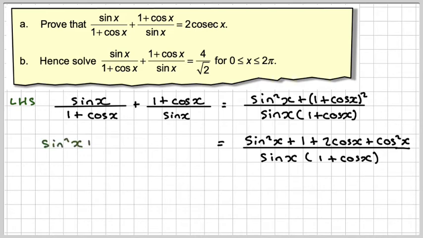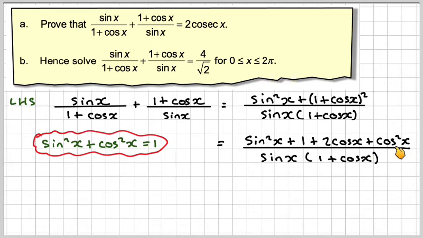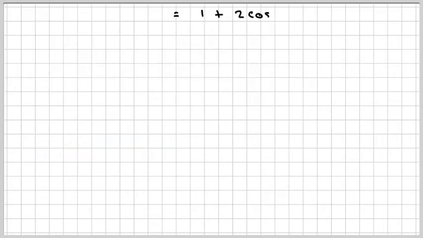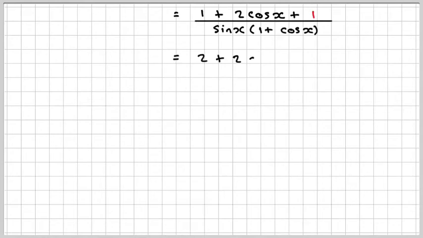Now, sin squared x plus cos squared x is equal to 1, so we're going to replace these two here with just a 1. So we're going to have 1 plus cos x plus the 1 from sin squared x plus cos squared x over sin x times 1 plus cos x. So I'm going to write that out again. 1 plus 1 is 2, so we're going to have 2 plus 2 cos x over sin x times